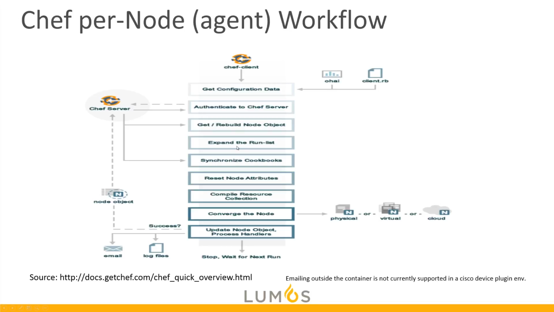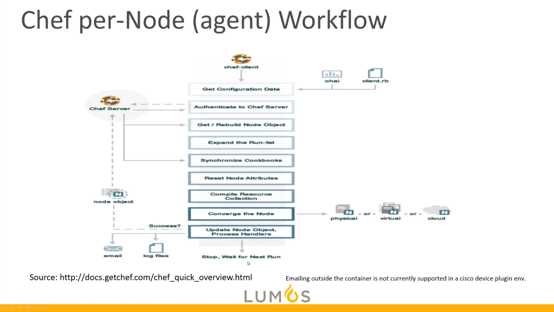It expands the run list from essentially the cookbook and recipe. It synchronizes cookbooks. It can deal with any reset of the node or attributes, and it can essentially take the compiled resource collection and converge the node,